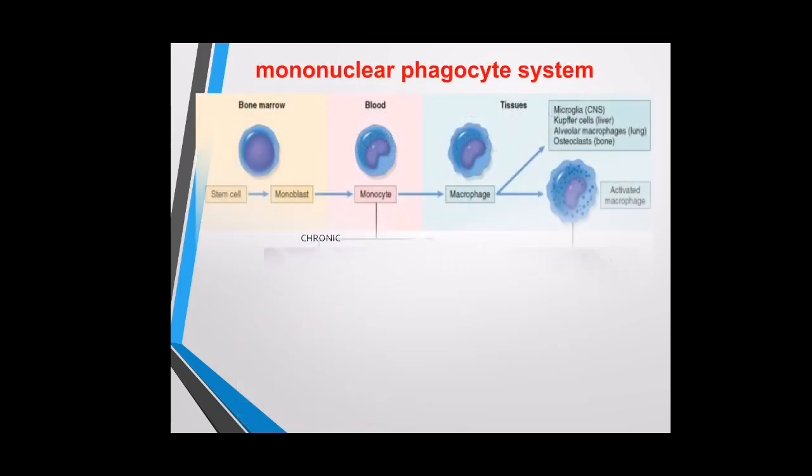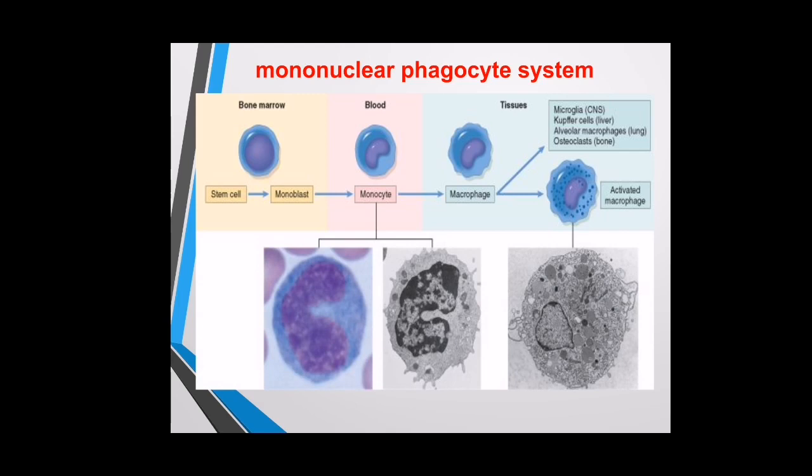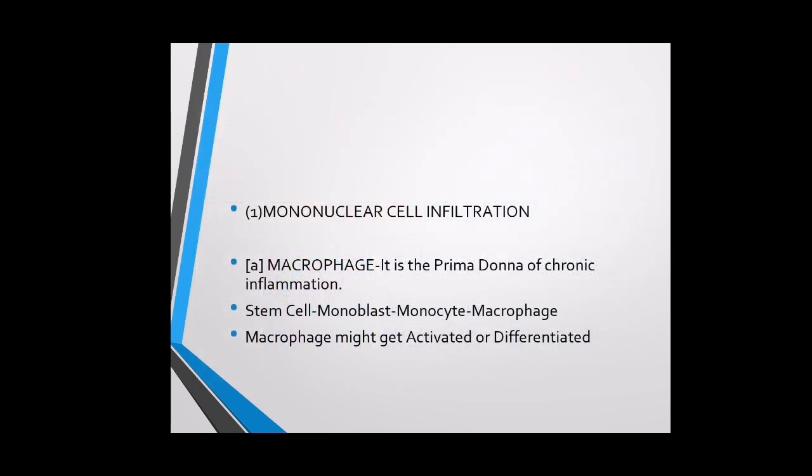Let's see the features of chronic inflammation. The main feature is the mononuclear phagocytic system, with mononuclear cell infiltration. Macrophages are the prima donna of chronic inflammation. The lineage is stem cell, monoblast, monocyte, macrophage. When the cell remains in the bone marrow, it is called a monoblast. When it comes into the blood, it is a monocyte, and when it comes into the tissue, it becomes a macrophage. Macrophages might get activated or